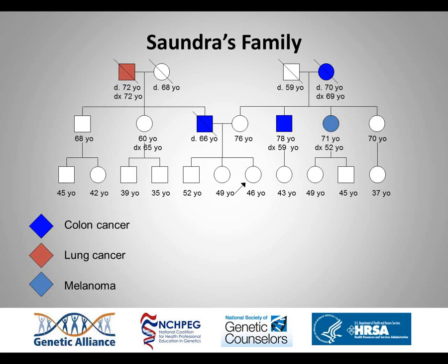the general population. Colon cancer is relatively common in individuals over the age of 60. And the individuals in Sonia's family who've had colon cancer were either more than 60 years of age or close to it. And it's also important to recognize the size of the family. So yes, Sonia's had 3 relatives who were diagnosed with colon cancer, but 2 were on one side and 1 was on the other. So while there might be some variants coming through the family that are adding to her colon cancer risk, again, we're not suspicious at this point of a very strong hereditary cancer syndrome that's being passed